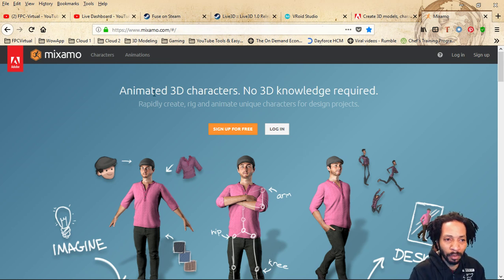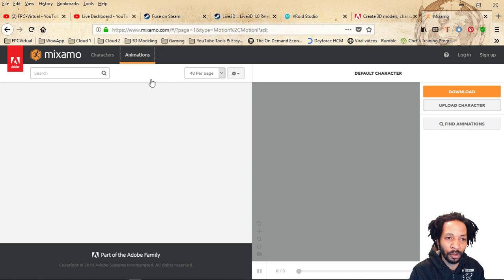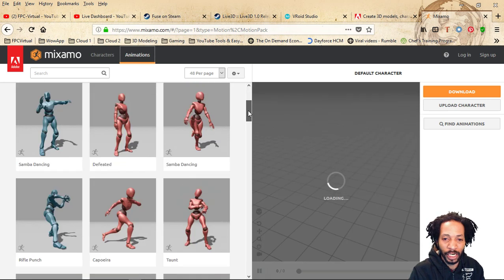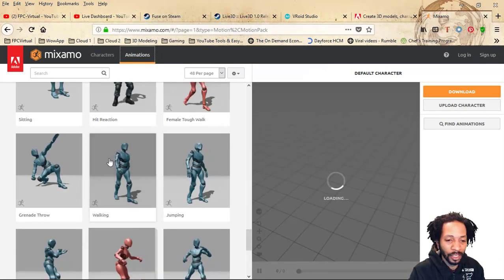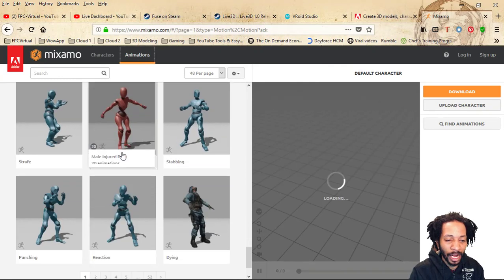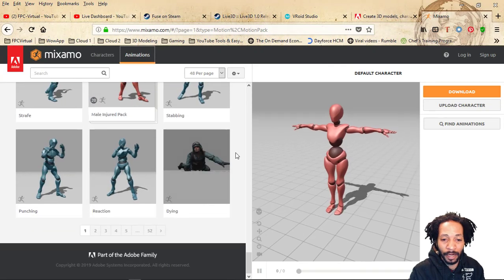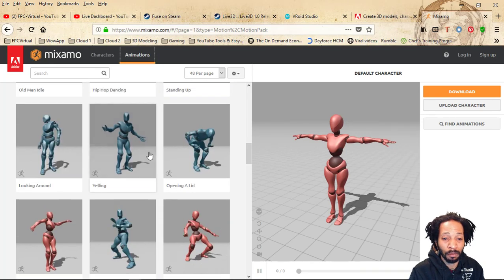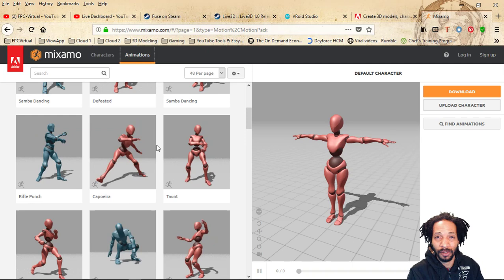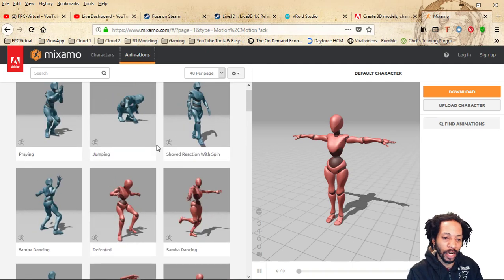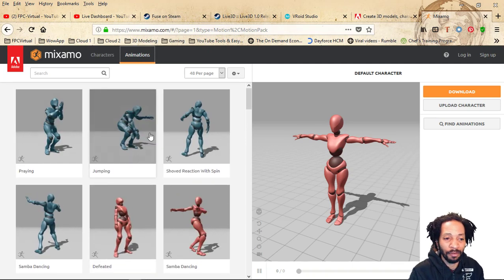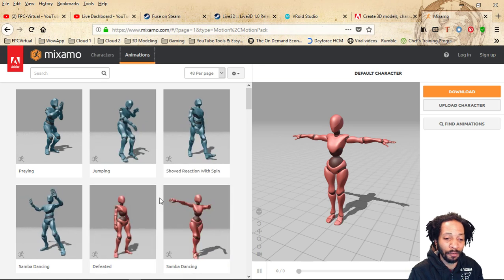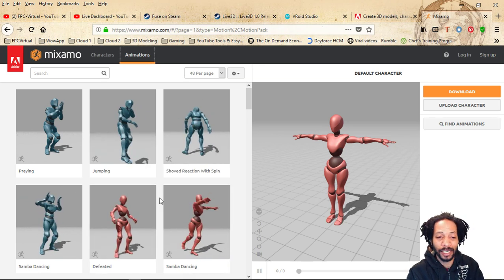So we have pretty much a ton of animations in here. You can go in and click animations. You can check into all of it, and you can see there's tons of different things that your avatars can do. And a lot of these animations are in games and video games, because people in the past, maybe like 5 years ago when it first started, I don't know how long it started when they gave these for free, but once they let off with giving people access for free to it,